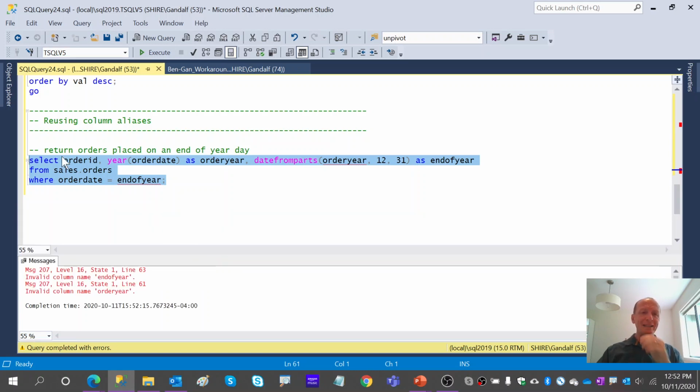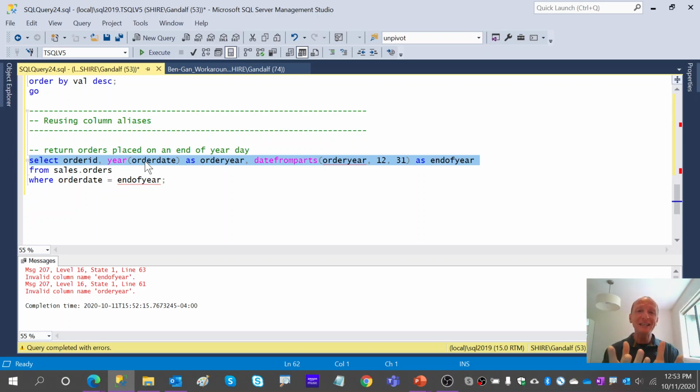For one, the reason why we cannot reuse order year, which we just created in the expression to the left, is, remember I talked about the fact that a table is SQL's counterpart to a relation in relational theory, and I said that the table expression, and this is a table expression by the way, returns a table result. And a table has a heading and a body, and what defines the heading of the result table are the expressions in the select list. And being that the heading of a table is a set of columns, there's not supposed to be any specific order.